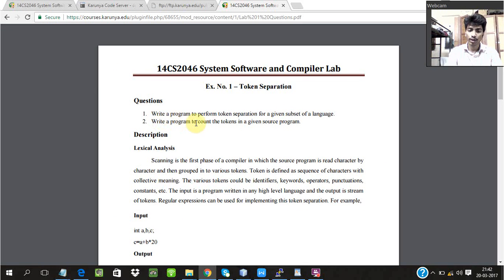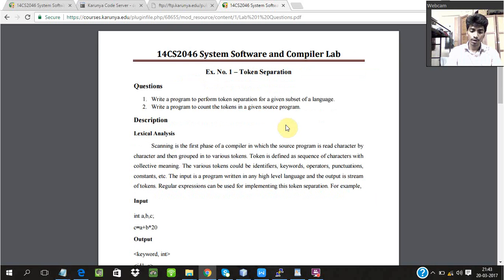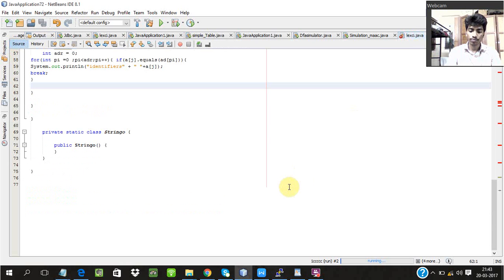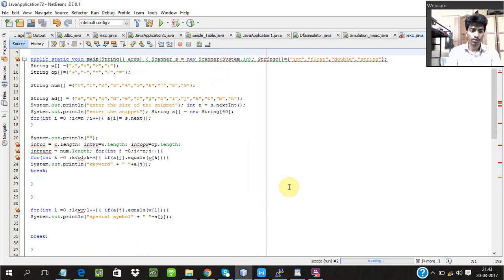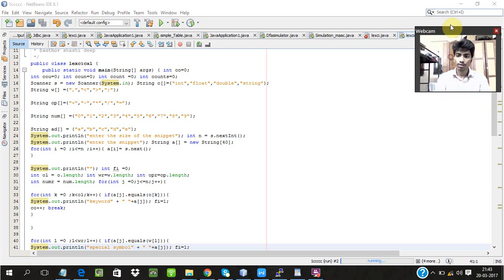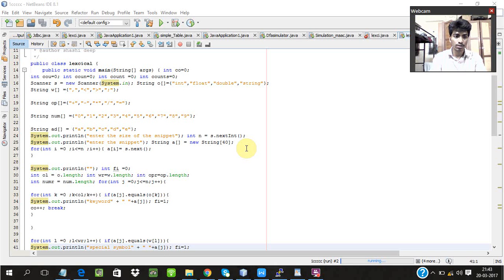Now coming to the second one, write a program to count the tokens in the given source program. To count the number of tokens in the given source program, we proceed in the same manner as the first one. Here we can see the program, which is just like the first program. Here we can see the arrays with the punctuations, the string operations, the numbers, and the constants. The input is given here, and once the keyword is entered here,